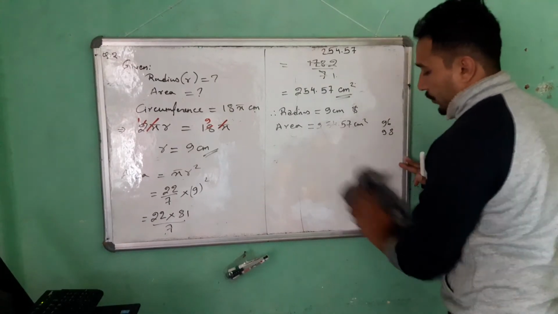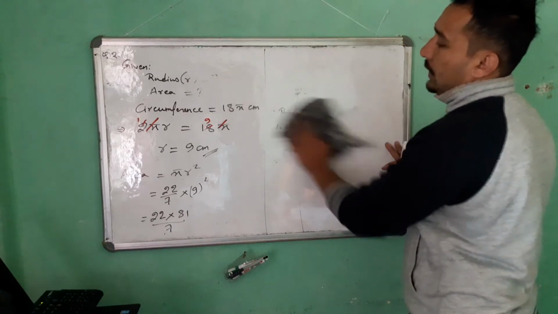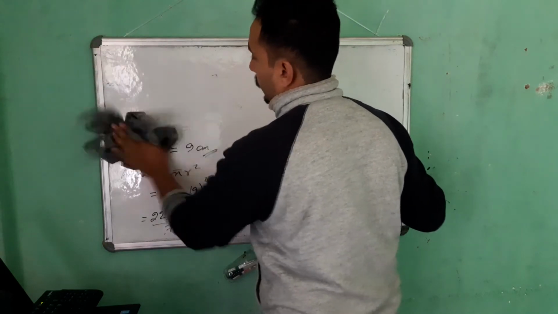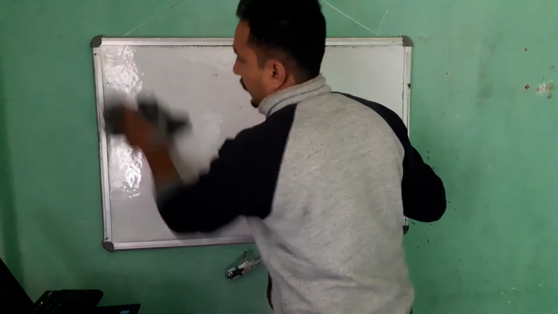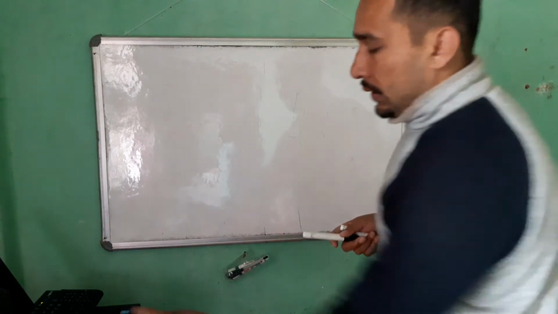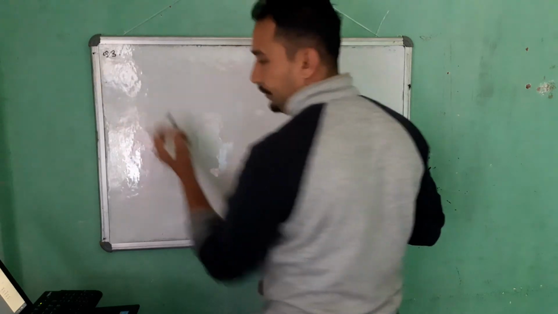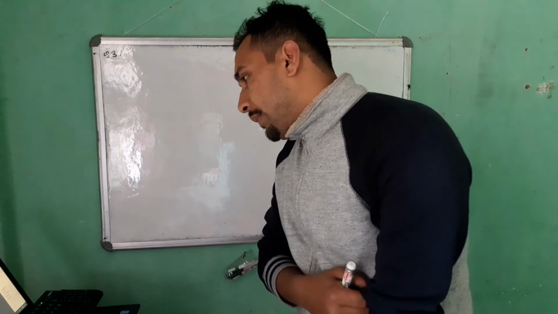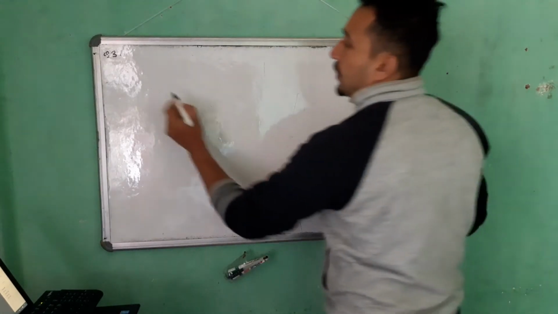Now let's move on to another question. Question number 3. Question number 3 is: find the perimeter of a semicircular plate of radius 3.85 centimeter. So given,